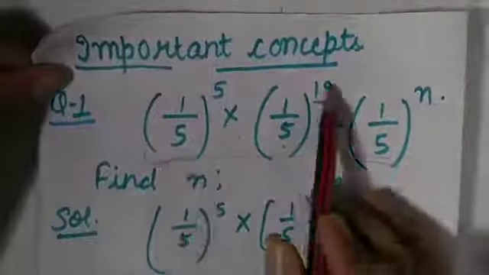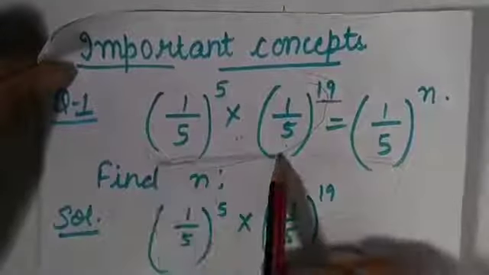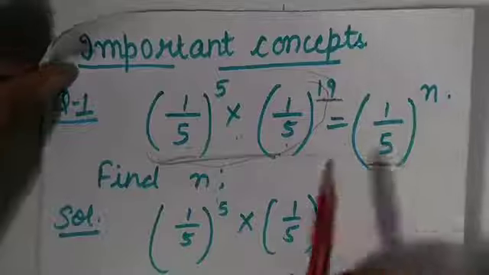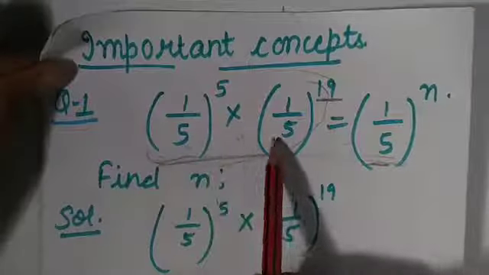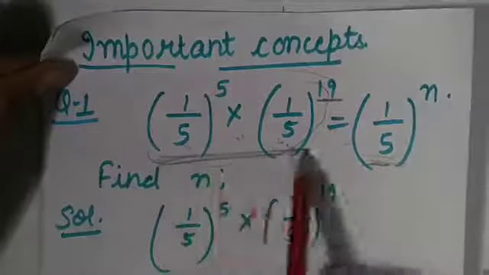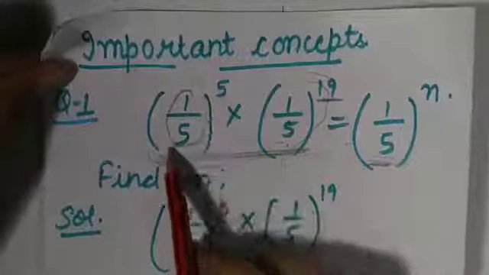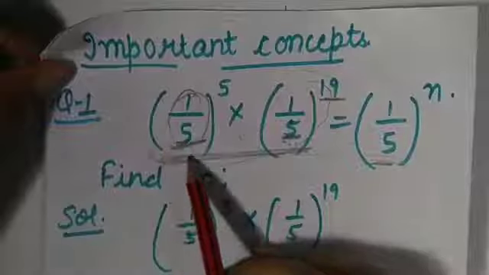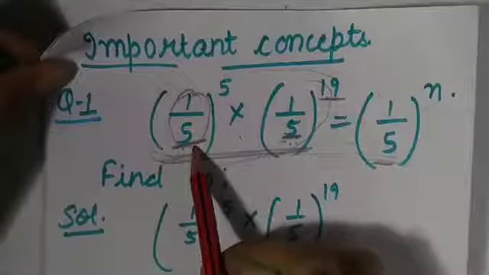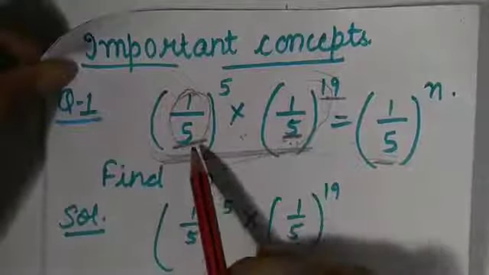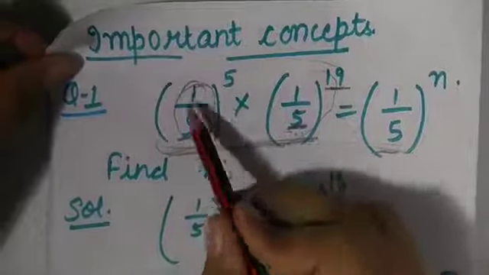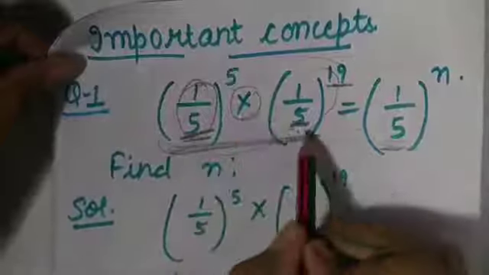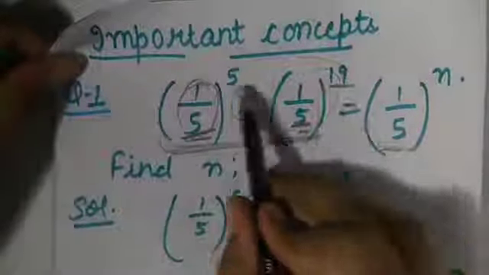So this is the LHS on the left side, and this is the RHS on the right side of the equation. Now I observe that I can apply the law of exponents on the LHS, because I have the same base, 1 by 5. This is not an integer, this is a rational number. You will learn about rational numbers in the chapter on rational numbers. This is 1 by 5, this is 1 by 5, and we have multiplication in between, and these are the same bases, so the powers get added.